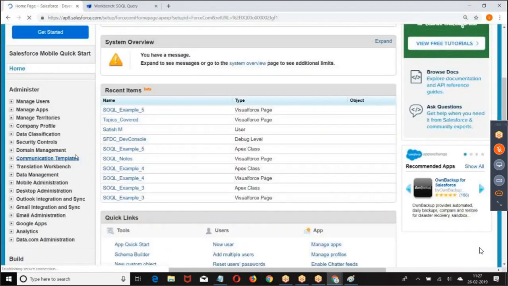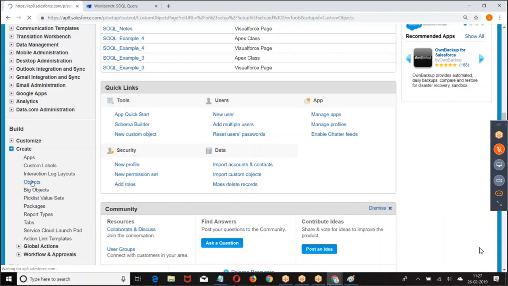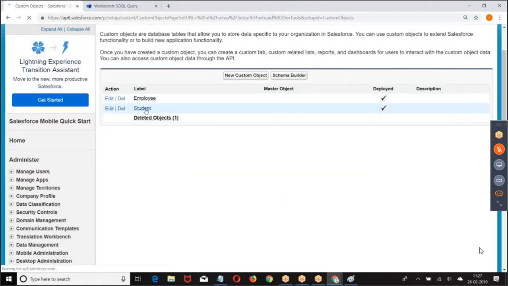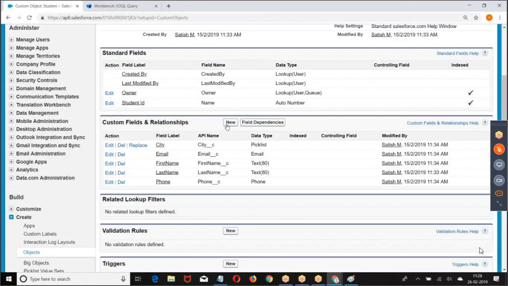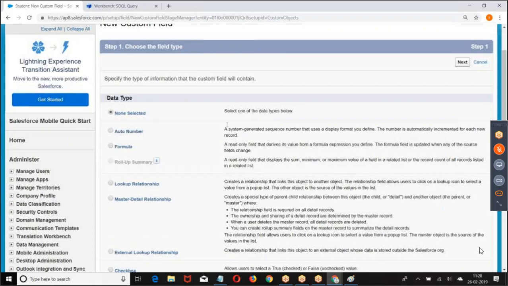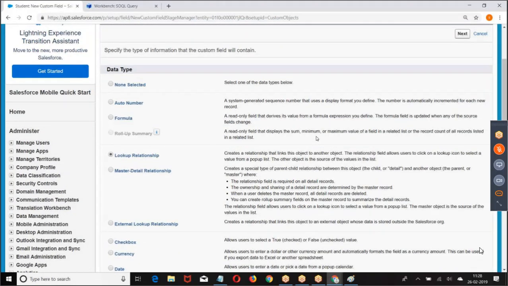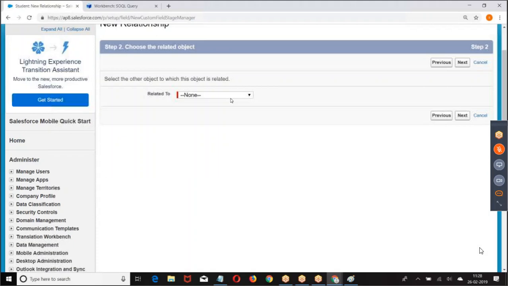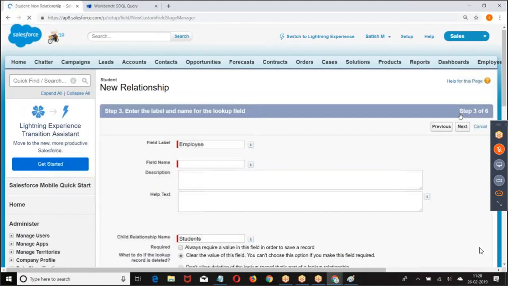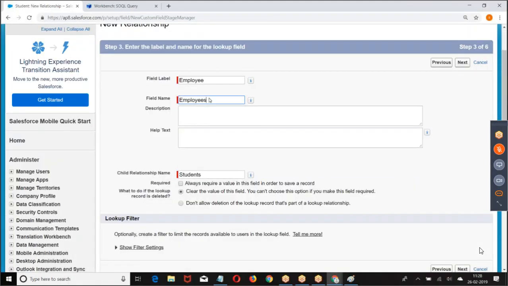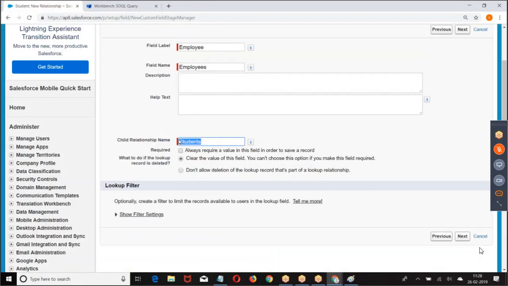If you are trying to create a master detail or a lookup relation, new lookup, look at this. We have a child relationship name, right? Actually, this is what we are supposed to use.